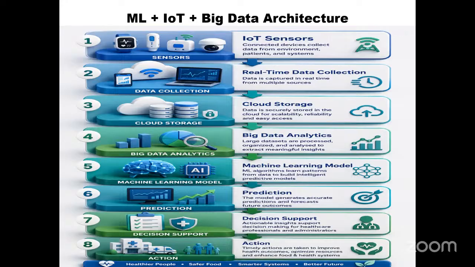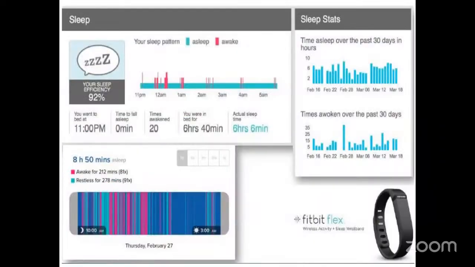So this is how IoT, big data, and ML work together instead of separately. They cannot work separately. They all three work together to have a successful application, right? This is just a small